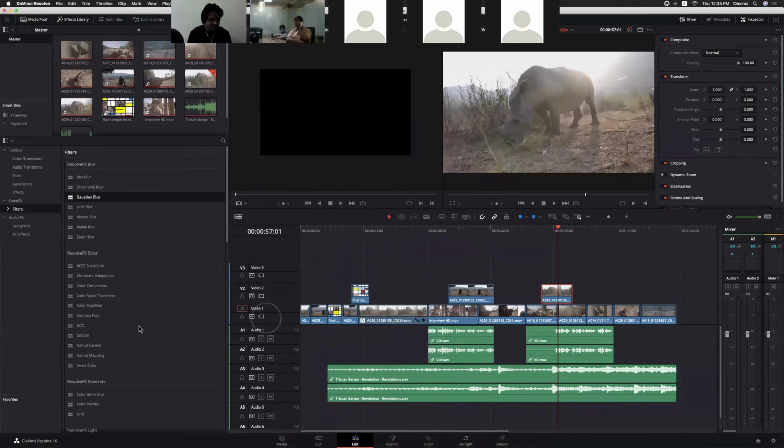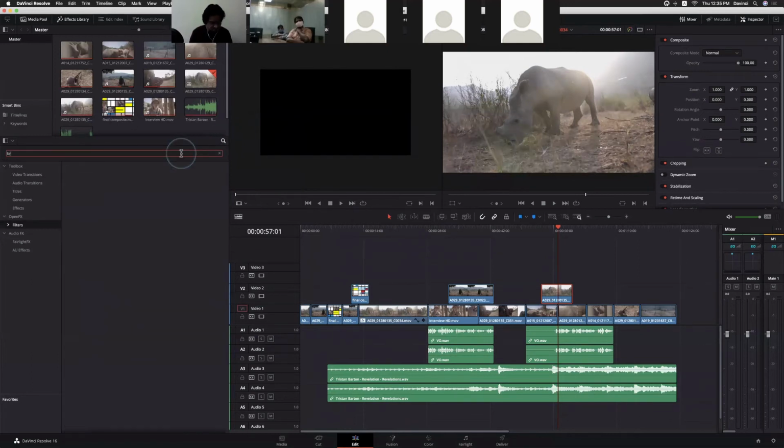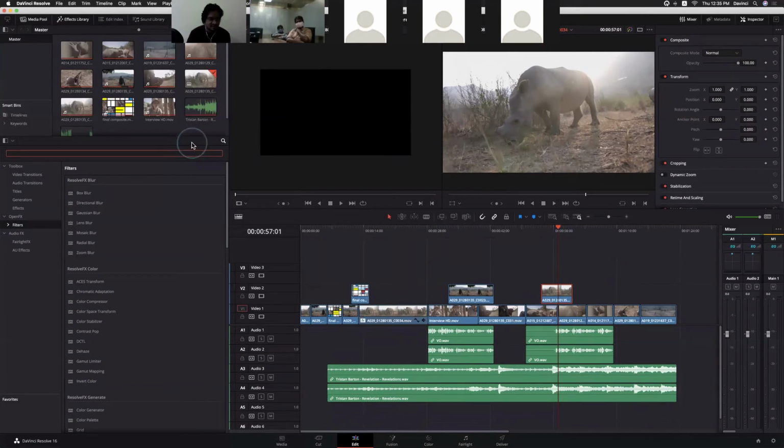But let's go back to the broadcast safe filter. When you search for that one, click here. There is no filter with that name, right? There is no broadcast safe filter. Then how can we limit excessive luma? Excess luma, how are we able to limit that? So in DaVinci, the broadcast safe filter is like a preset thing. It's an automatic thing. We just need to enable that one.